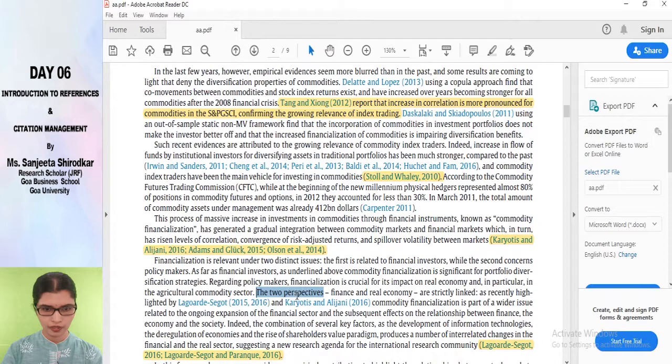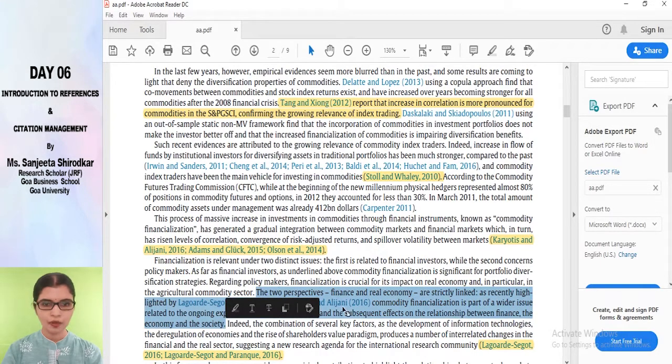Here also again, this sentence is there wherein the name of the authors, or the citation of a particular reference, has come within the lines or the text that you have written here. And you would see that the format is different, that is the surnames of the authors, and in brackets the year has been given. So these are the two ways in which citations could be created. Let me show you both. Go to your Word now.